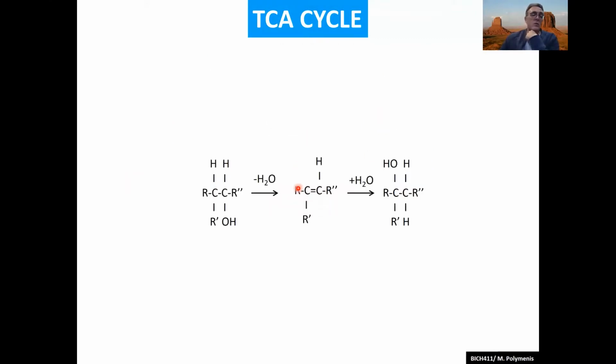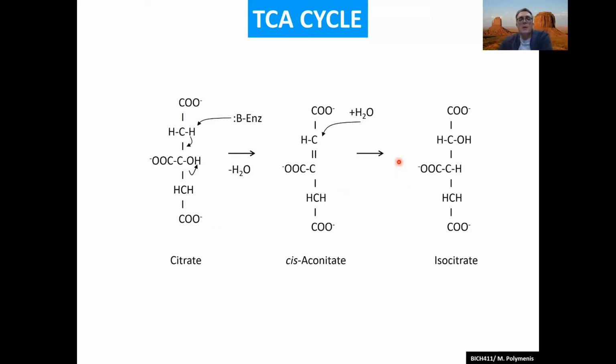If you dehydrate, okay, the hydroxy and another proton, we have seen this with glyceraldehyde 3-phosphate dehydration in the schemes that we're designing at the lower part of glycolysis. You will get a double bond, okay, and then you can rehydrate that double bond and put the hydroxy on the one carbon over. And the cis-aconitate here will be a key intermediate.